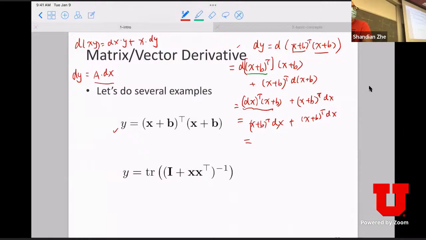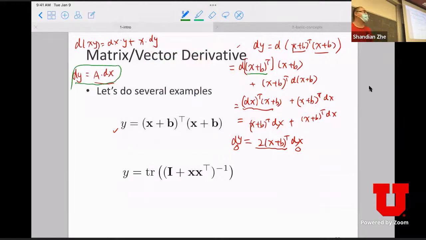Yeah, they both are the same, right? So it's just the (2x + b) transpose dx, right? So now let us look at the result we get so far. We got dy equals this guy times dx, right? So this is consistent with the general form